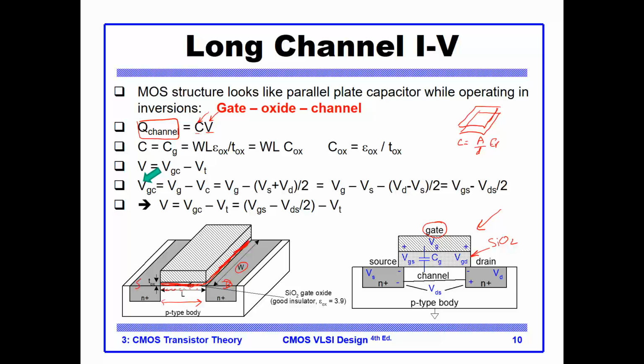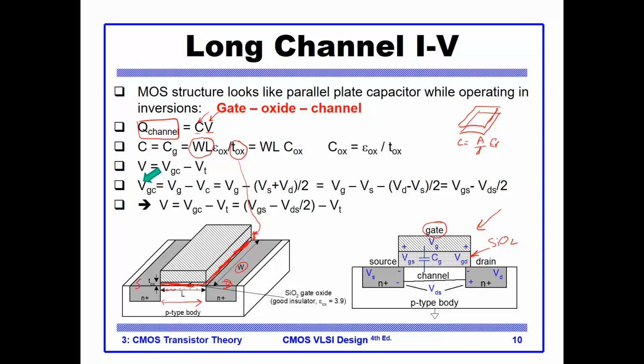So let's see if we can apply this. So we say that it is the area, okay, this is the area of this gate capacitance, length times width, divided by the distance separating the two conductors, which is the thickness of the oxide. This is TOX. So TOX is right here, the thickness of the silicon dioxide material,